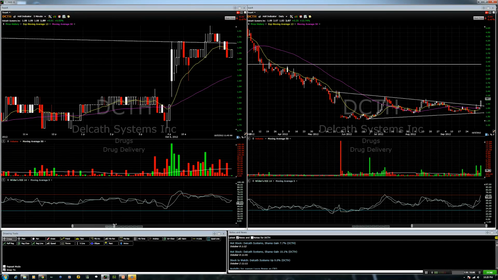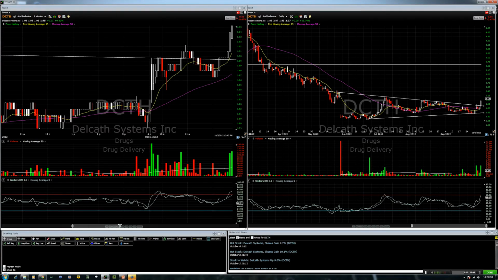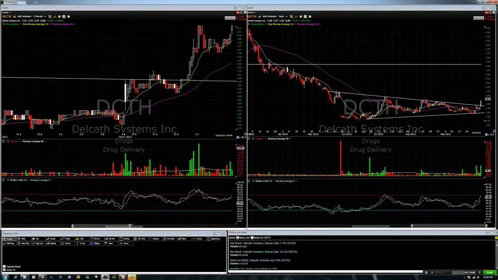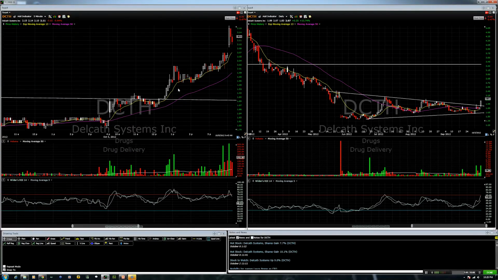Unfortunately, in this position, DCTH, this quickly revamped, broke 190. I didn't pull the trigger on this as it rebroke, and from here, this thing just ripped it up. Came back down, retested the 13 EMA on the 5-minute chart. Broke down briefly. No pattern or trend is going to be perfect. They're just kind of a gauge. So obviously, as you can see, this broke down the 13 EMA slightly, but kind of rode and grinded out